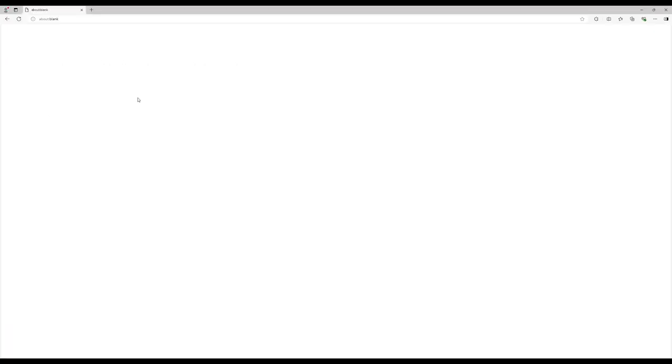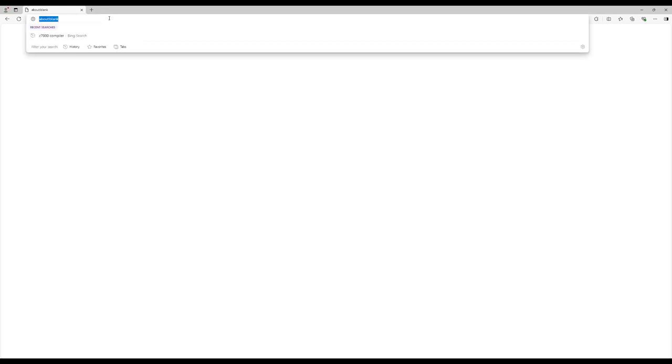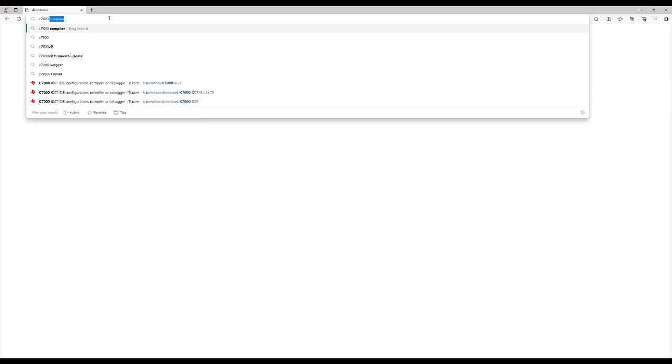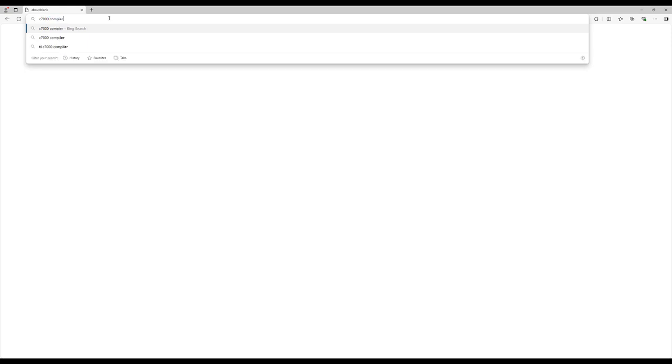Now, I'll show how to get to the manuals using a web browser on the internet. I'm making this recording in November of 2024, so if you do a similar thing close to that point in time, it should look pretty similar, but if you do it farther out in time, expect it to look quite a bit different. That's just how the web works. So the first thing you want to do is search for C7000 compiler.